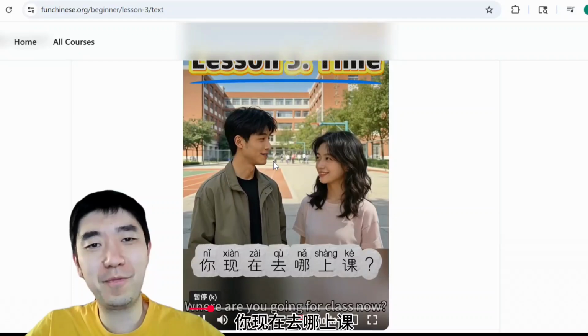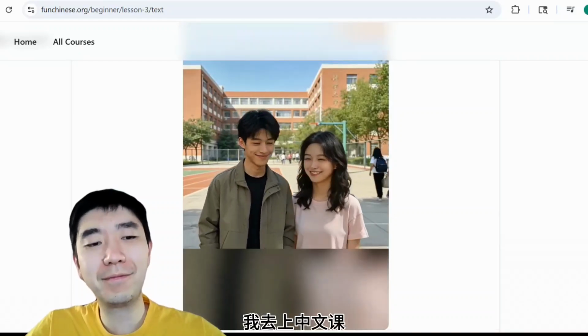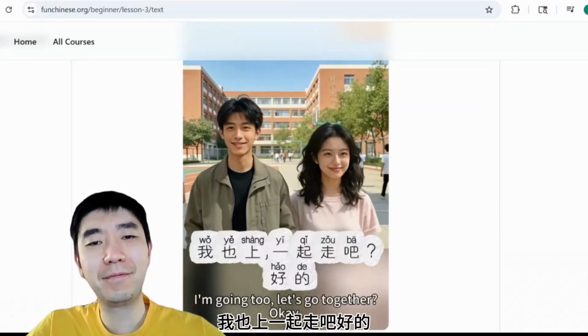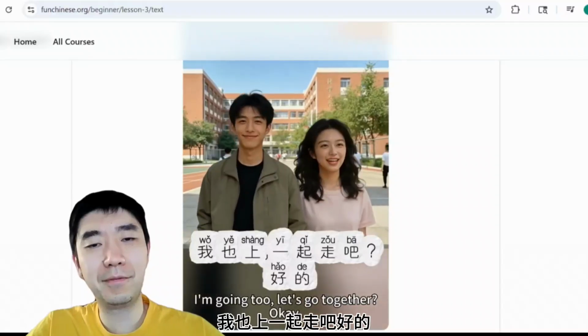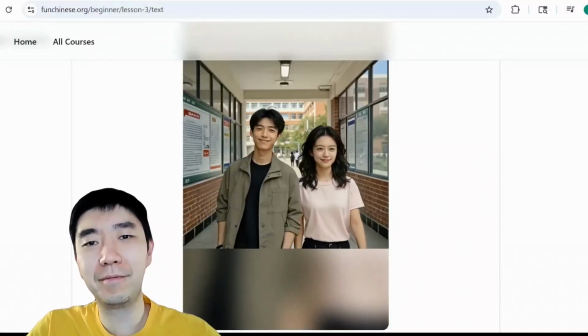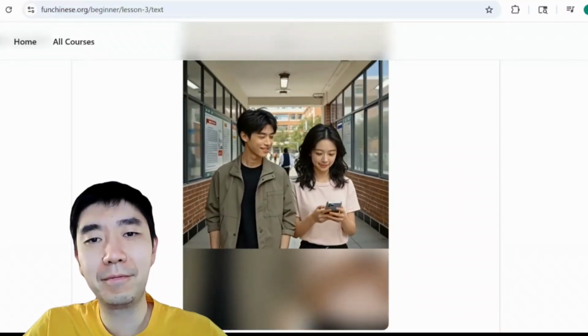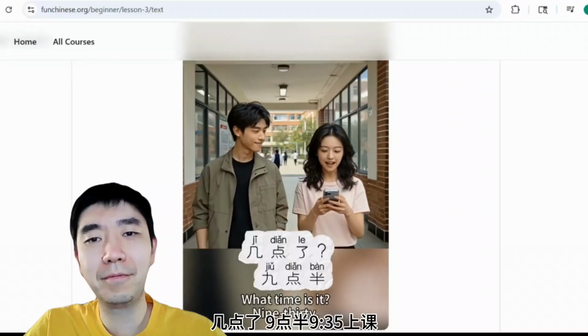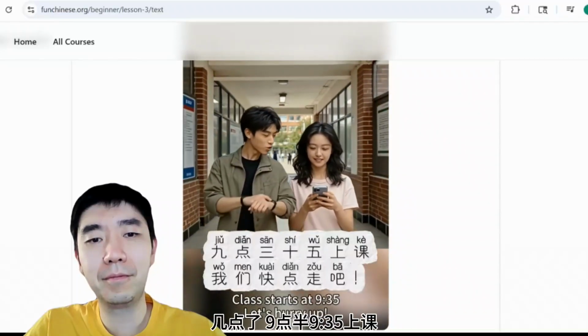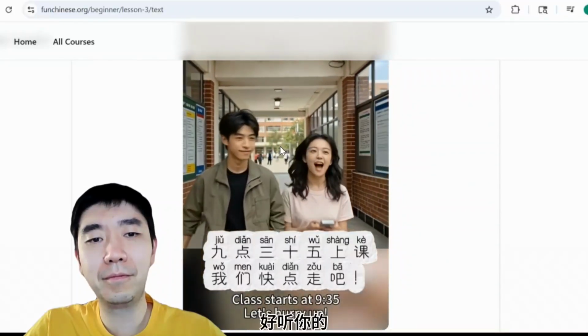你现在去哪上课？ 我去上中文课。 我也上，一起走吧。 好的。 几点了 9点半。 9点35上课，我们快点走吧。 好，听你的。